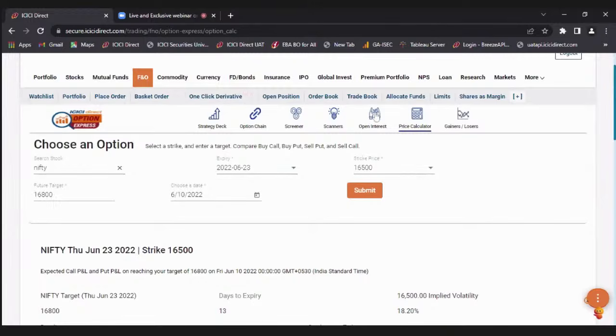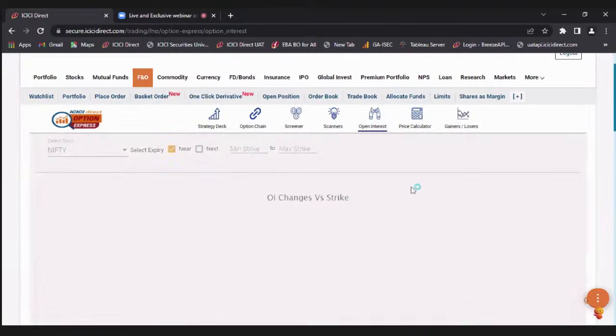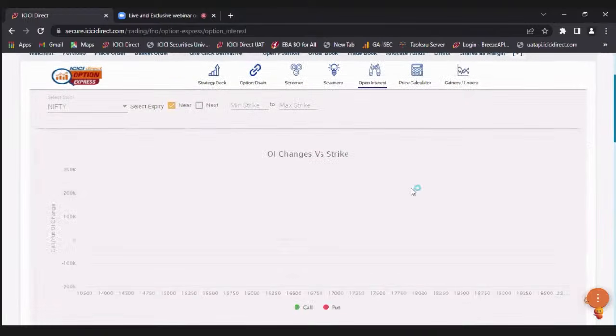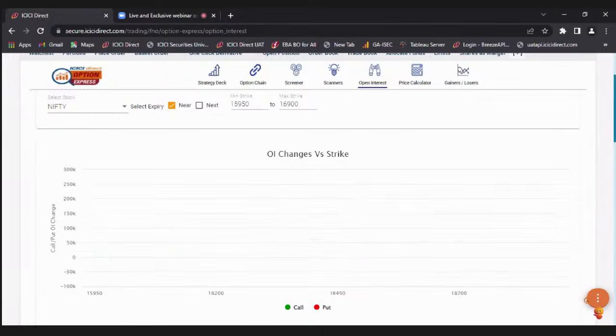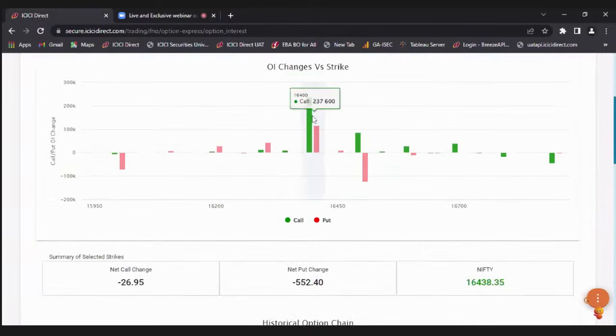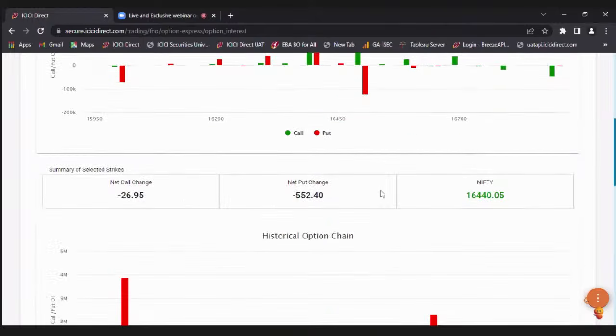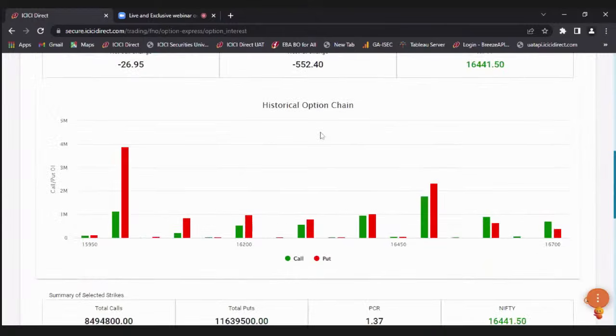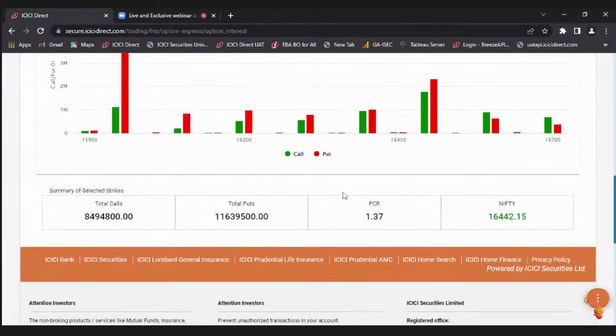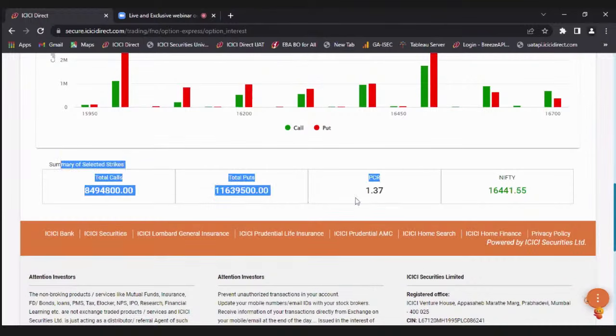The next best tool available for the option trader is open interest. So here in open interest, you'll be able to see the OI change versus strike. The call is shown in green, and the put is in red. You'll be able to see net call change, net put change, the current price of the Nifty. At the same time, you'll be able to see the historical option change, what has been happening for those strikes historically. And you can calculate the PCR here, put to call ratio, which I'll perhaps cover in the next webinar, when I'll cover this open interest in detail,